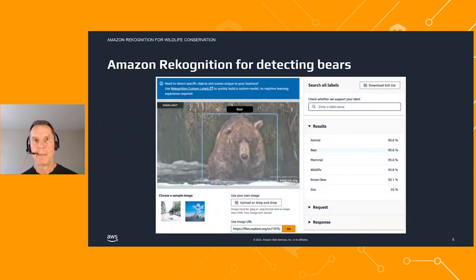A key step in the application is to find the bears in the images. Our previous Bear ID model only detected bear faces. For Bearcam Companion, we want to be able to detect the complete bear. At the start, we didn't have a labeled data set to train a bear detector. However, Amazon Rekognition can detect bears and many other objects. This example shows a snapshot from an Explore image in the Rekognition demo console, and you can see it detects a bear at 95.6% accuracy.